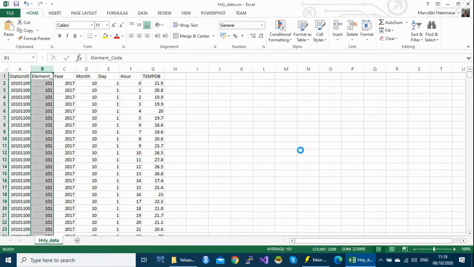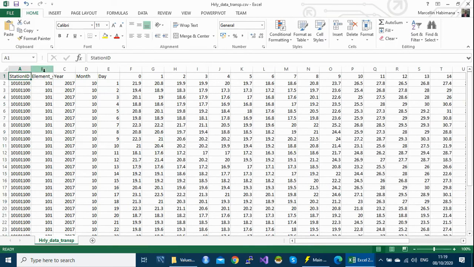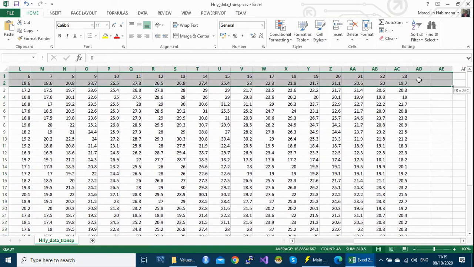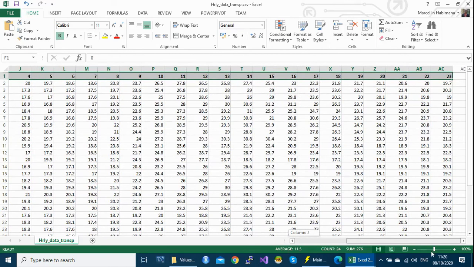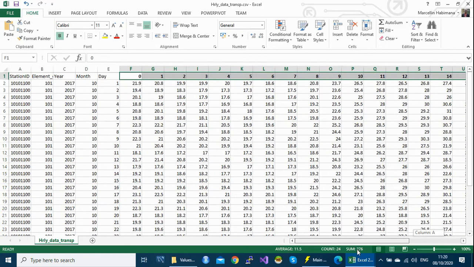If we check this file, we have all the element codes, all the parameters in one column, but our values are transposed from day 00 up to the end of the month, that is from hour 00 up to the end of the day, hour 23.